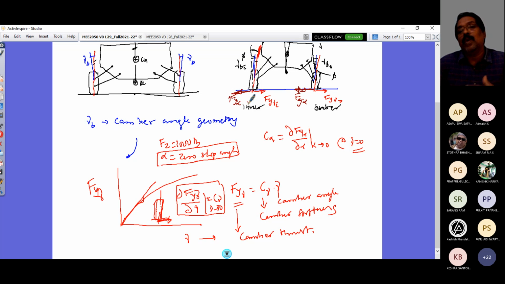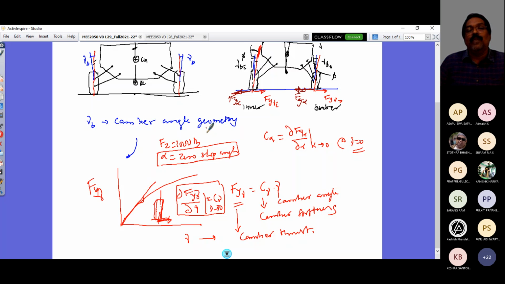Equivalent of camber is the lateral force that can be created by 1 degree of slip angle. But a 10-degree camber angle is way out of the real scenario. So camber angle is very small. That variation can go up to maybe 3-4 degrees at the max. Originally, the design camber angle gamma B would be some 1 degree or 1.5 degrees for a passenger car segment, right? So this is the background of the geometrical understanding of what is camber